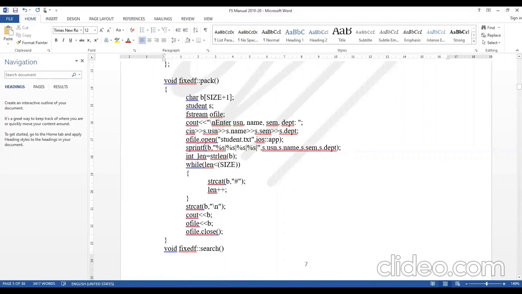Now, I have read the values. What has to be done? These values have to be packed and then sent to the file. I'm opening the file in append mode. I have to use append mode only. I cannot use the write mode. If I use the write mode to open the file, the previous content will be deleted. So use the append mode, and then the values are